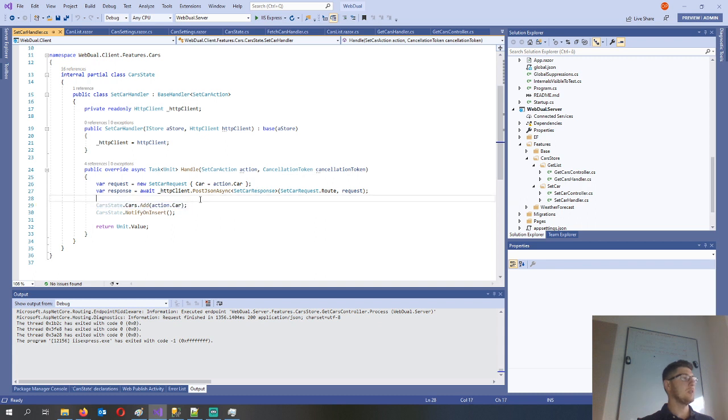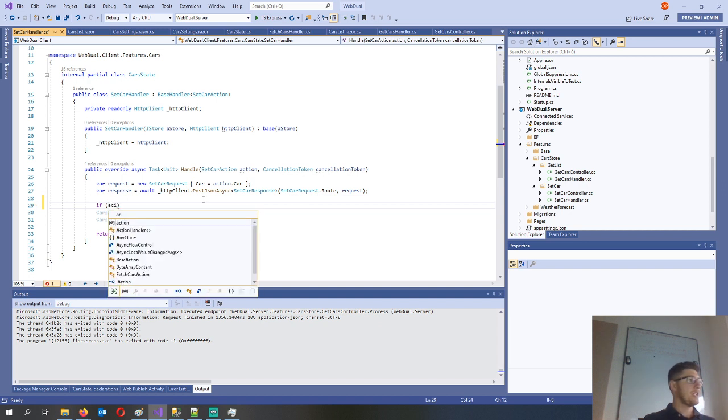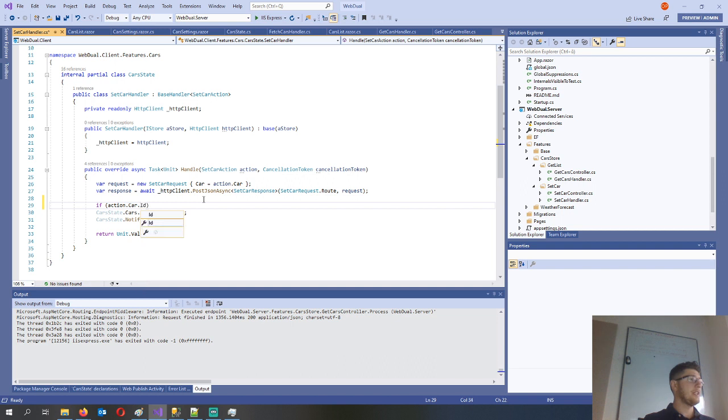So car state cars add. Now this is only true for new cars. So I'm just gonna change this so that if action car ID is not GUID empty, and actually this is not true because the GUID should come from the response. So in order to have that list complete and to ensure that if I insert a car, I'm able to update it in the same application state, I also need that server to give me back the GUID of the car. So I'm just gonna change the setCar response,